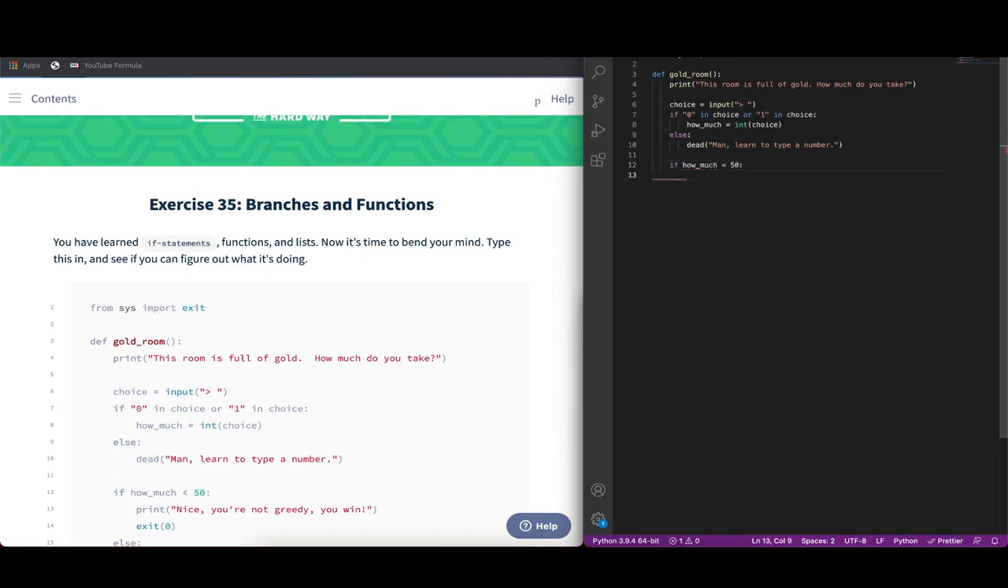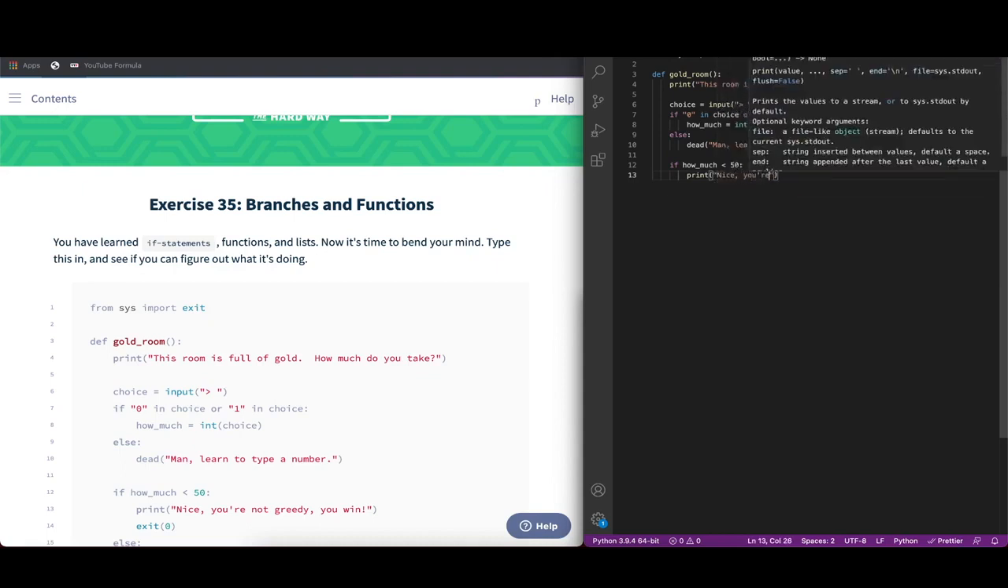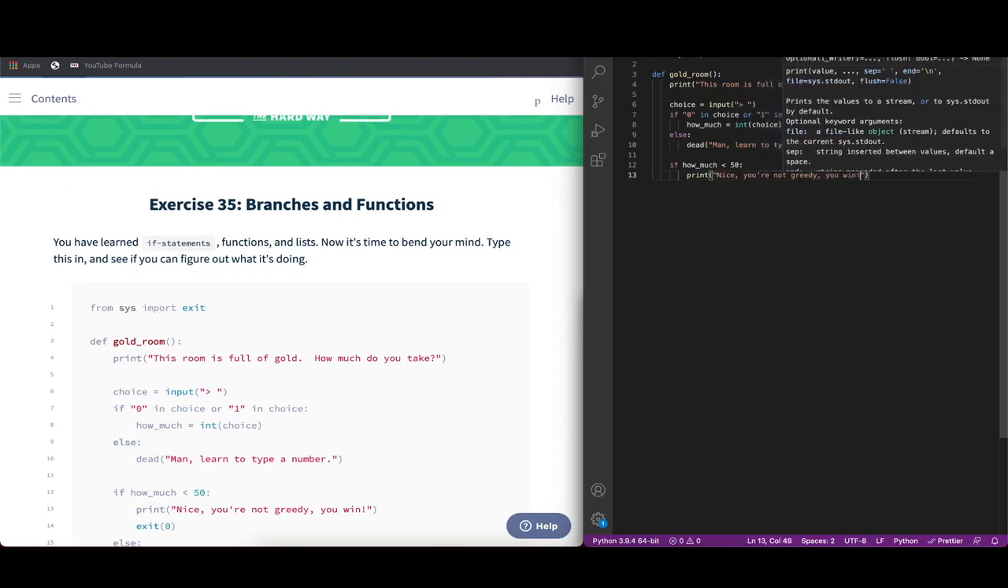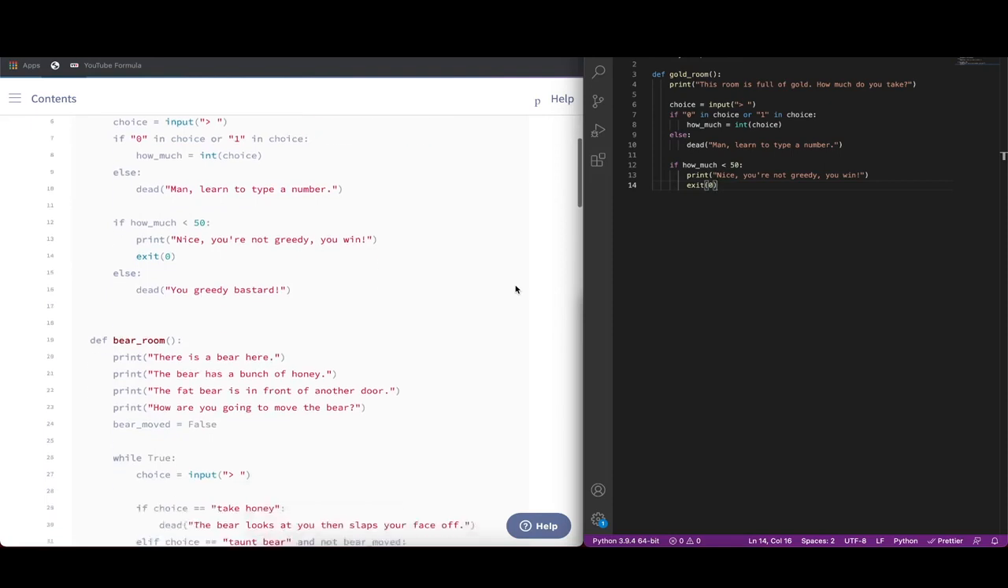If how much is less than 50, we're going to print out a message. And then exit with the exit code 0. Otherwise, else, we're going to call dead again and pass another string to it. Alright, so that's the first function, and next we're going to define another function,